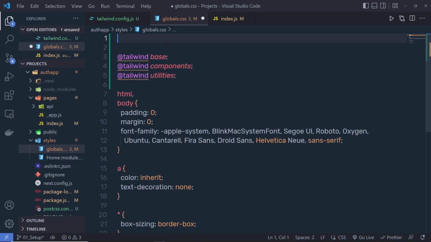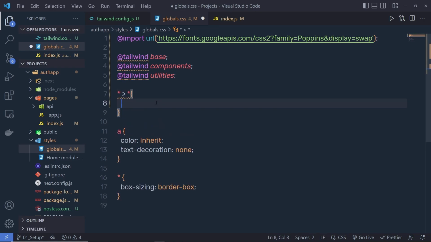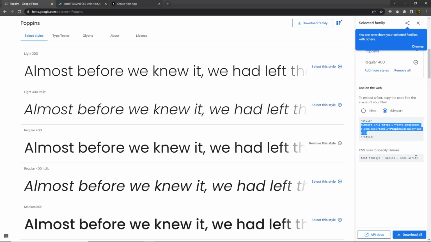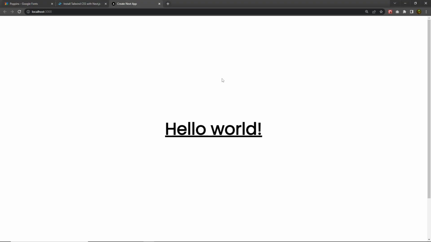Once you copy it, you can specify that inside your global.css file. And just after that, instead of this body, I'm going to specify this Poppins font family to all my elements. To specify that, I'm going to first select all the elements and select all the descendant elements. And then I'm going to specify this Poppins font family. So let me copy this and then specify that right here. When I save the changes back to my project, you can see I'm going to have the Poppins font family